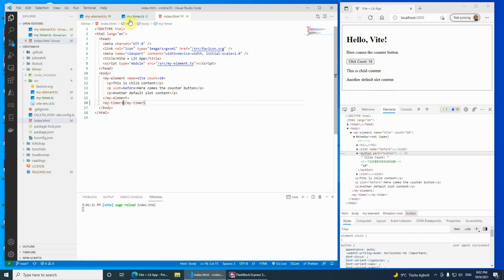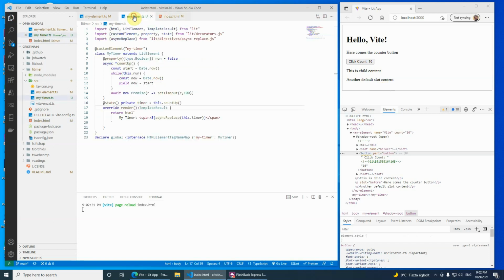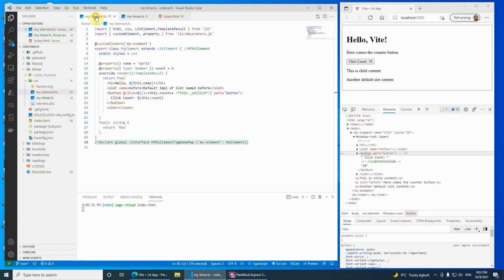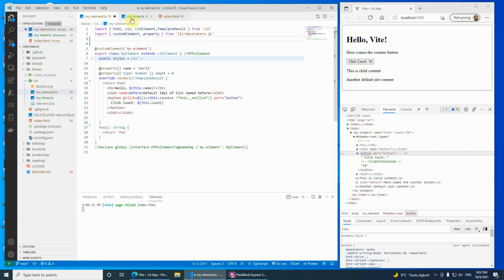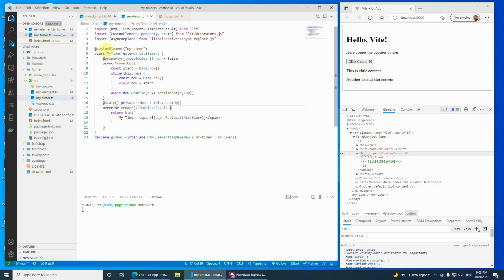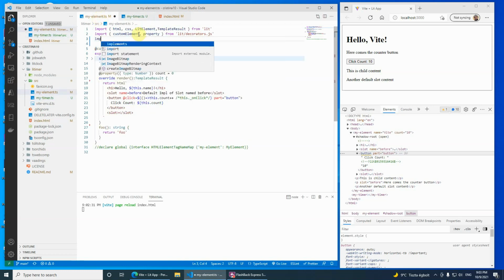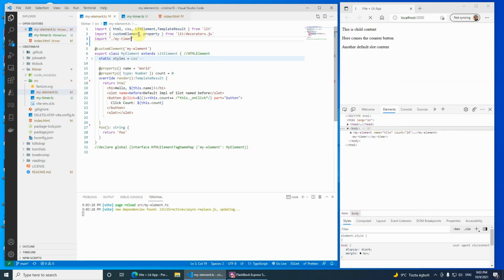My timer, and why is it not shown? That's very easy to figure out. The reason is that when you define a class, a custom element, this is just the definition, and it is the custom element which should be invoked to declare, to define for the browser. Therefore, we have to import it somewhere. In our case, let's just import ./my-timer, Control S,